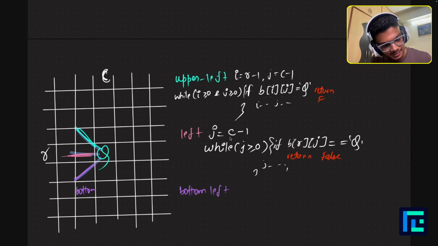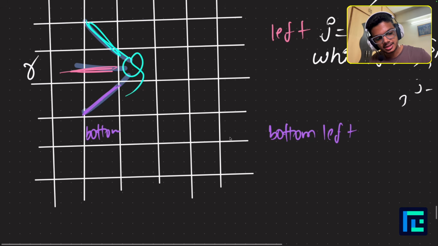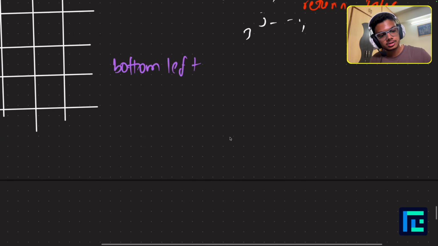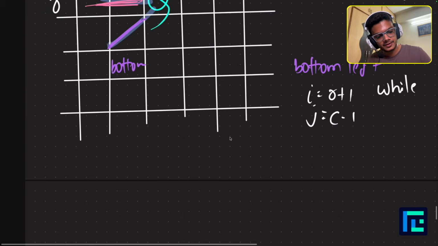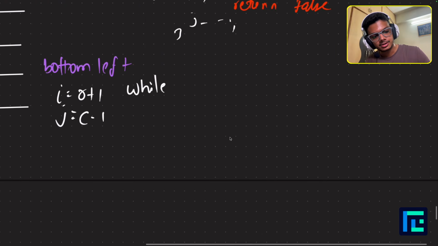So bottom left, how do you initialize it? Let's just go there as well. So the first cell in the bottom left diagonal will be what? It is r plus 1 and c minus 1. So i equals r plus 1, j equals c minus 1. So here what you'll do is you'll effectively first come here, then here. So r will keep on increasing, right? So here you'll have to write